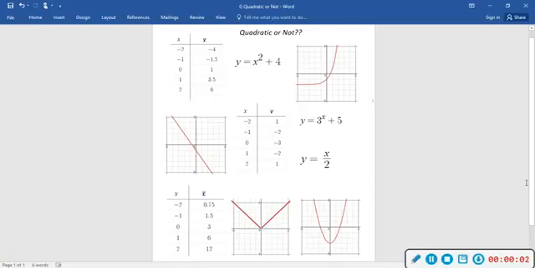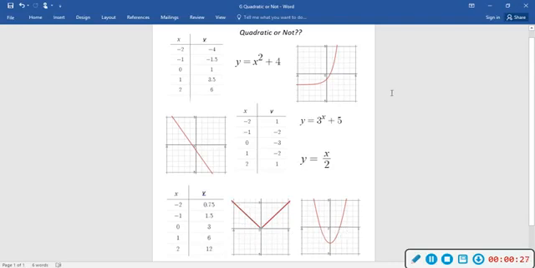Alright, so in this lesson we are going to further explore quadratic functions, and we're specifically going to look at a variety of tables, graphs, and equations to see if they are quadratic or not. So this is the different groups of representations that we're going to look at. If you focus on the graphs right now, you're going to notice, hopefully, that only one of the four is